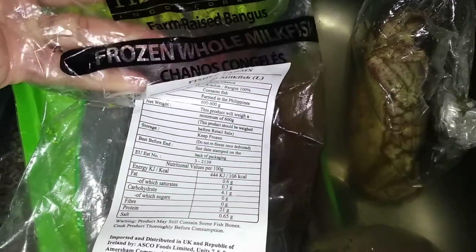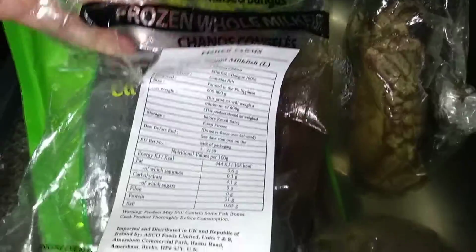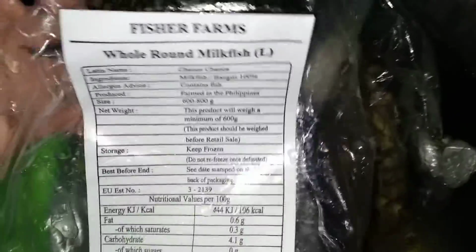I am using milkfish. And I'm using, this is grass carp,